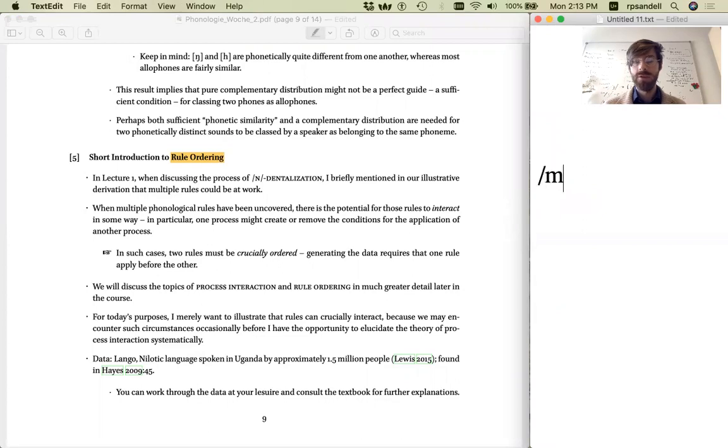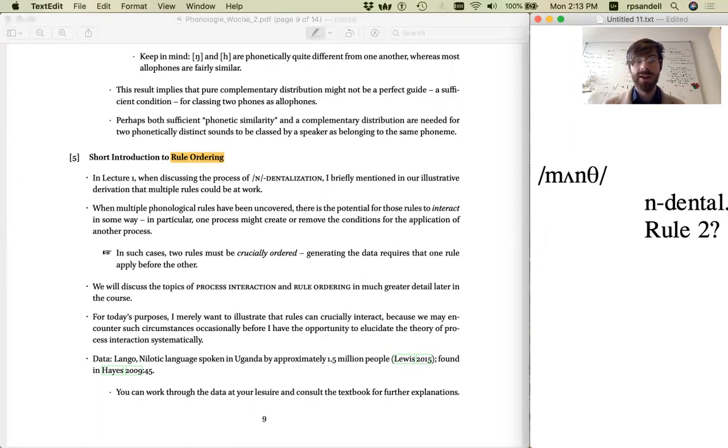So for instance, in the word month, there we needed to have the rule of n-dentalization, and I suggested we could have a second rule here, and we would need to pay attention to the order in